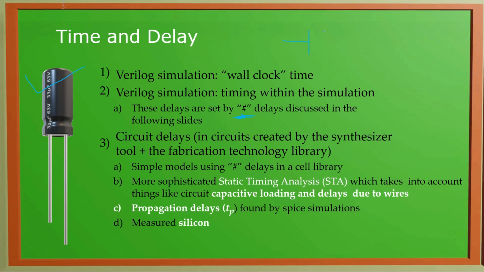There will be a capacitive transition capacitance or any other type of capacitance which will also be created by silicon. So there will be capacitive loading delays. There may be propagation delay. When we are talking about millions of transistors in one IC, then moving one value from one part to another part will also involve some kind of propagation delay. So these are also involved parameters in silicon. These are also delays.